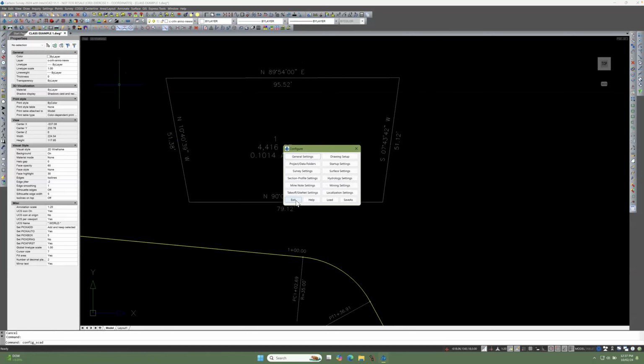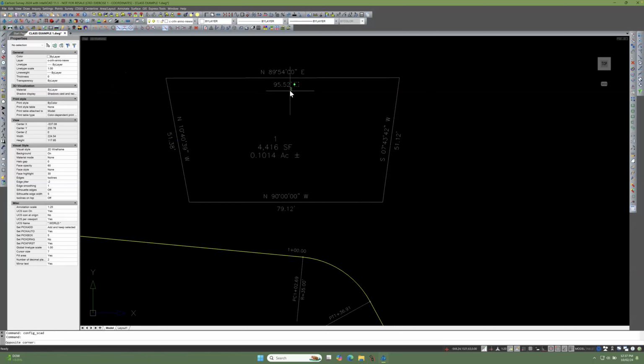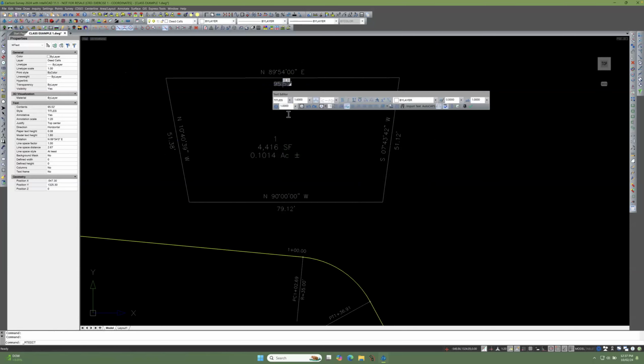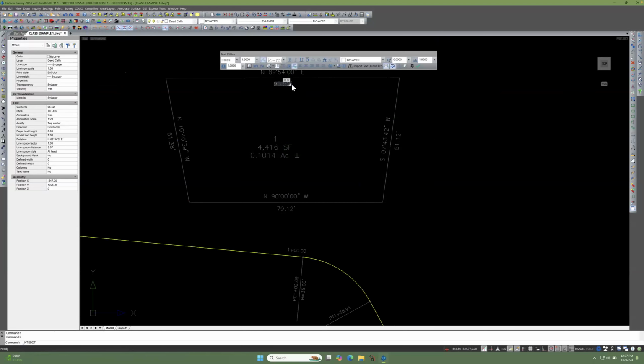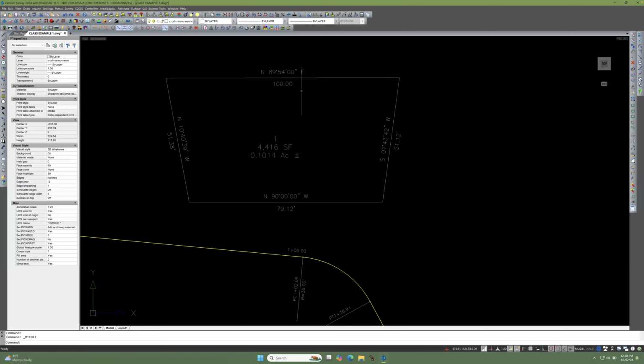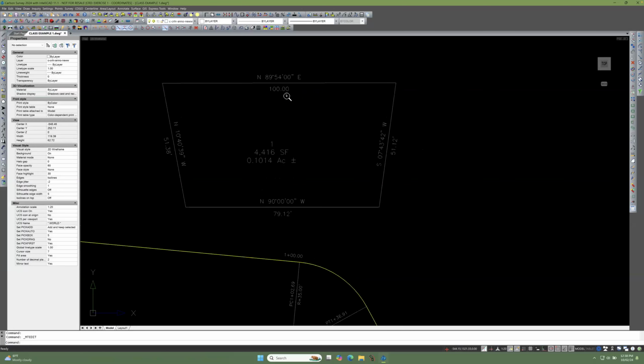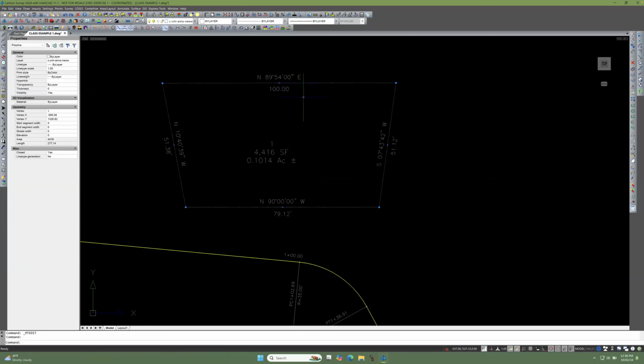Now it does not work like if I were to go up here and change this 9552, if I wanted to call that 100. See, I've done that, but that did not make this change to be 100 feet. So it's only if I change this,